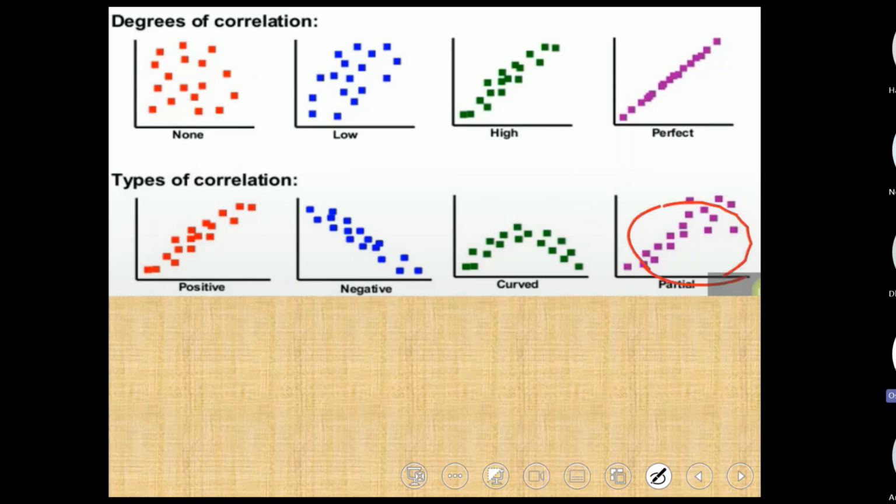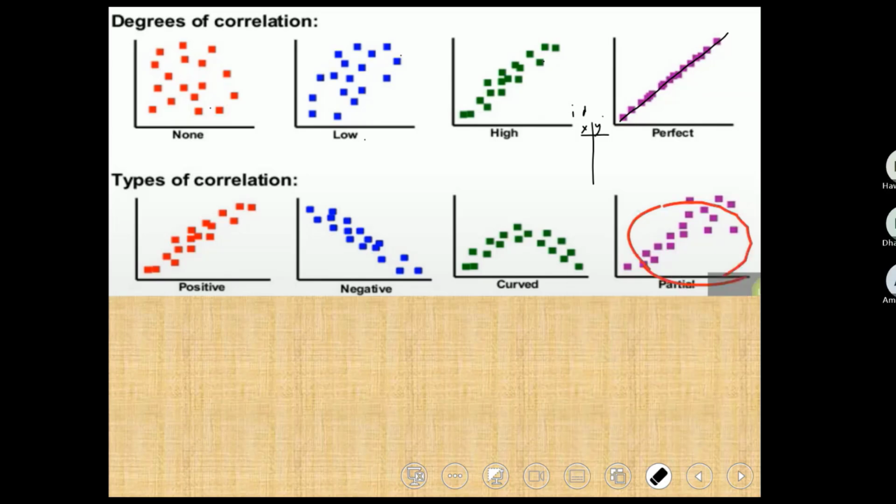For sure here, we cannot find any track to follow, linear or non-linear. Here, it is slightly going up like a line. Here, higher. Here, perfect. Why is it perfect? Because we can draw a line